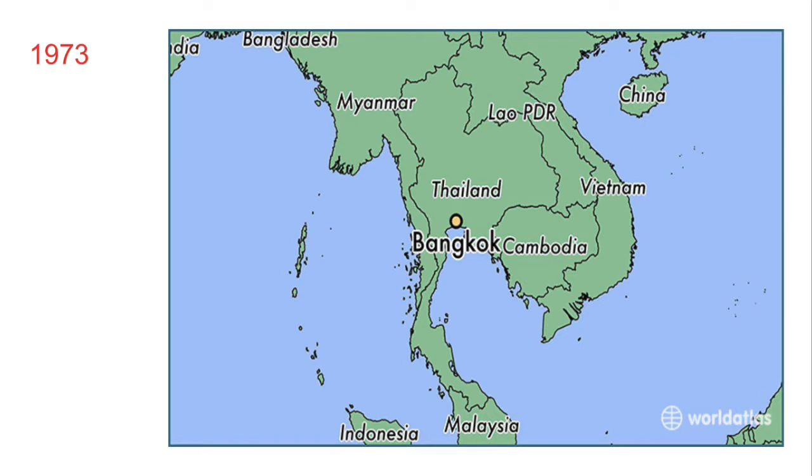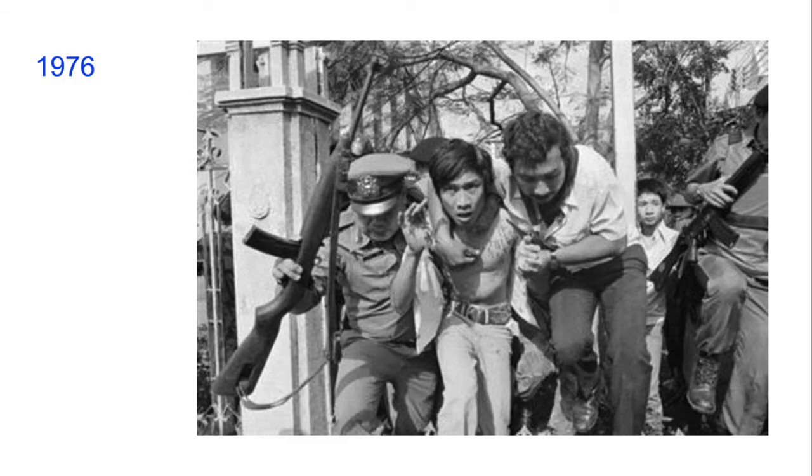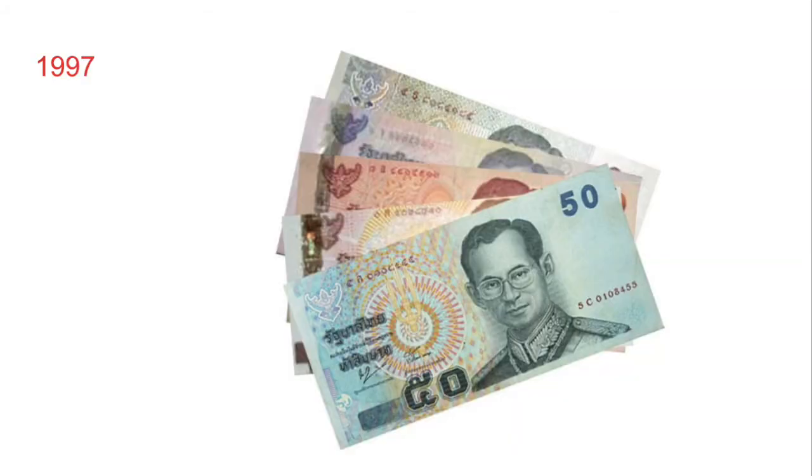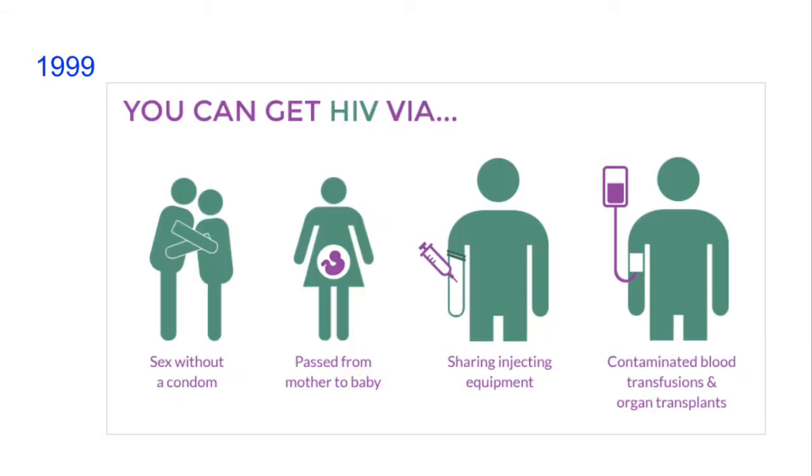1973, a riot in Bangkok consisting of students results in the toppling of the government. Afterwards, there is an election. This newly created government lacks stability. 1976, military forces control Thailand once more. 1997, Thailand's money, baht, loses some of its worth after a big stock market crash. 1999, Thailand's economy starts to recover and improve. Despite this, medicine that treats AIDS and HIV remains expensive. Thailand's government attempts to force drug creators to discover a way to lower the price.